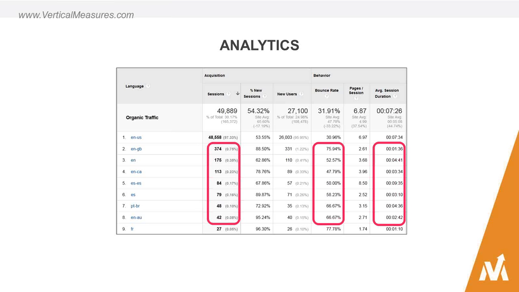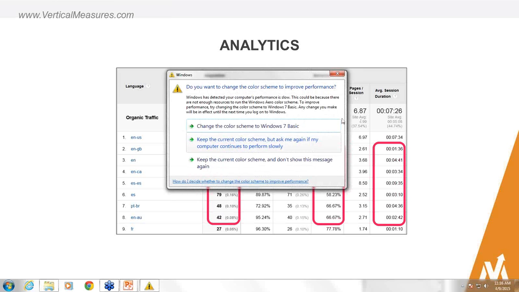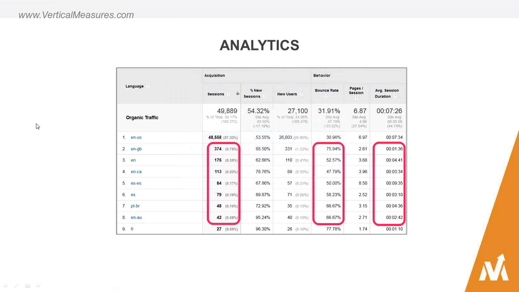You want to pay attention to the highest amount of visitors from a specific region, not necessarily the country, because within Latin America you could have at least a dozen countries visiting your site, and you want to have different versions, perhaps, for each one of them. For example, Spanish for Mexico is completely different from Spain.